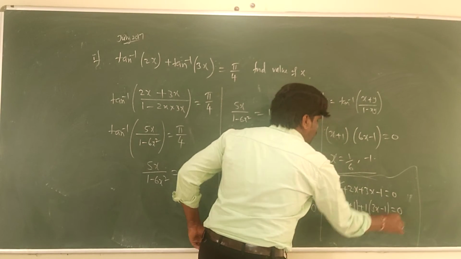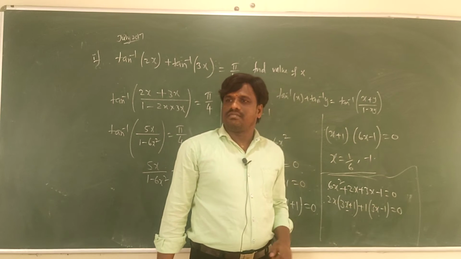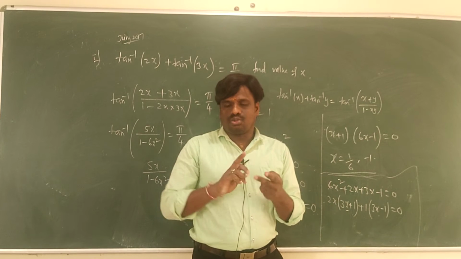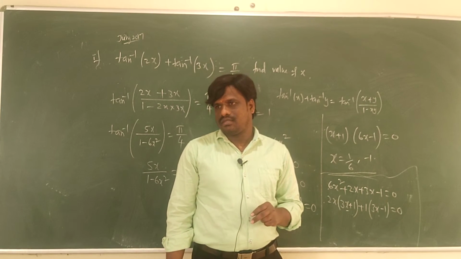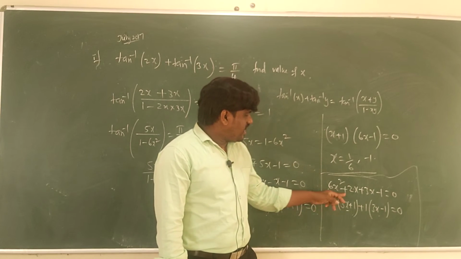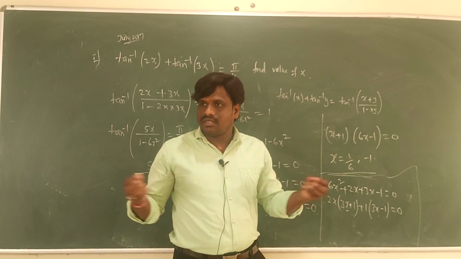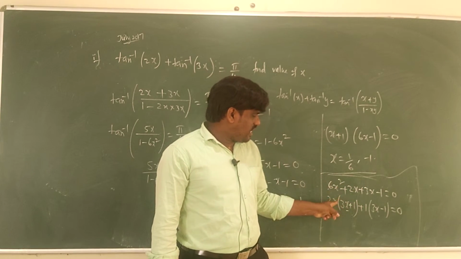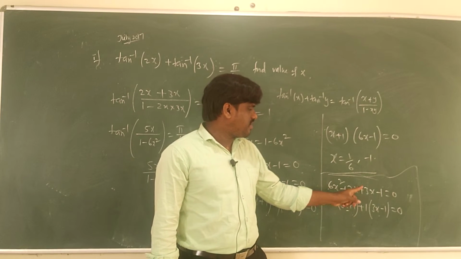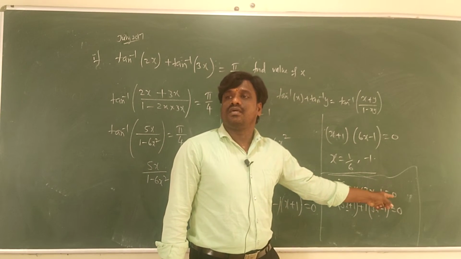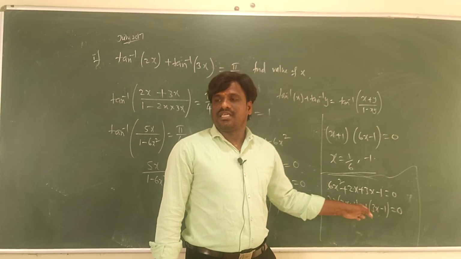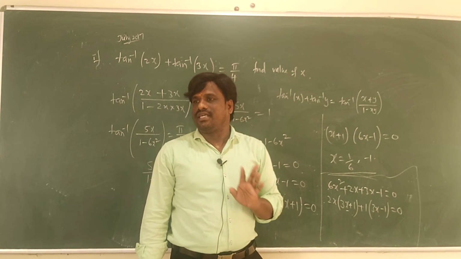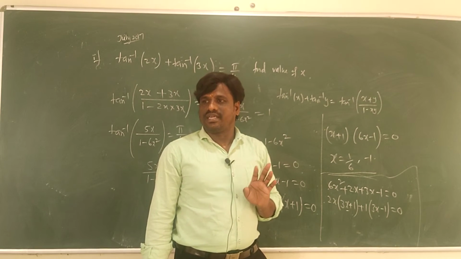Will these both be the same? This is 3x plus 1, and this is 3x minus 1. You cannot take a common factor, so the 2, 3 combination is not working. If I take the 2, 3 combination, you cannot take it out. There is no common factor in both the brackets. If I take 2x times (3x plus 1) and then 1 times (3x minus 1), both must be the same. If 3x plus 1 came on one side, 3x plus 1 must come on the other side as well. That is not possible. So that is not the answer; this one is correct.